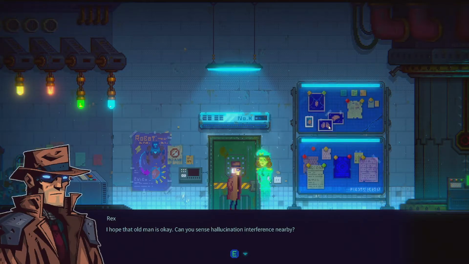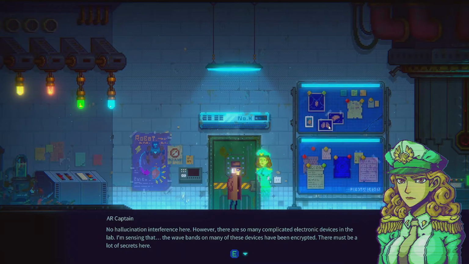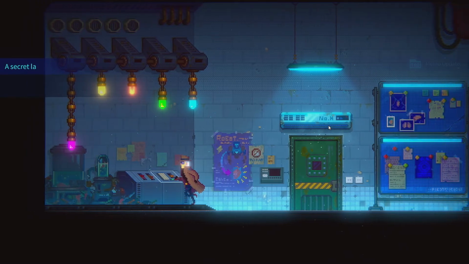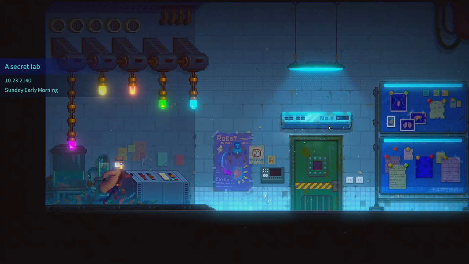Can you sense a hallucination interference nearby? No hallucination interference here. However, there are so many complicated electronic devices in the lab. I'm sensing that the wave bands on many of these devices have been encrypted. There must be a lot of secrets here. Secrets, eh? We lost Noah for the time being, but at least figure out what he has been researching these past 13 years. He's trying to become the...